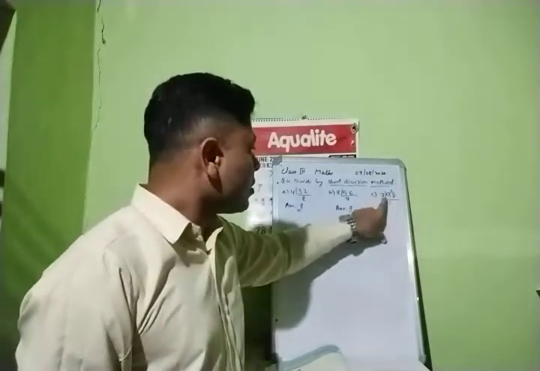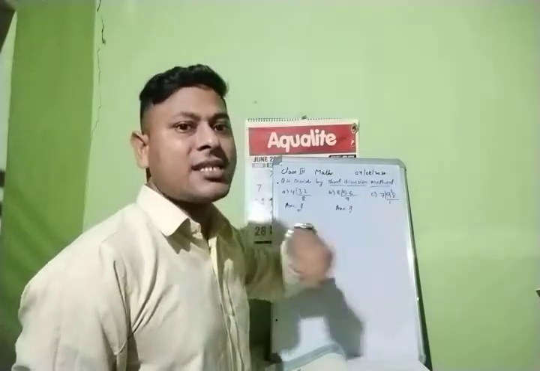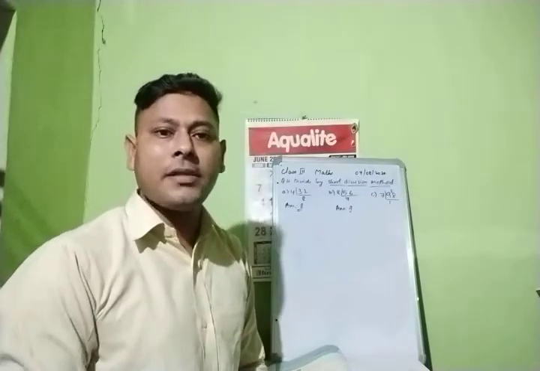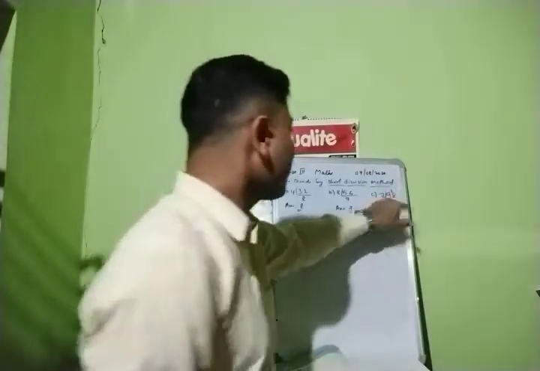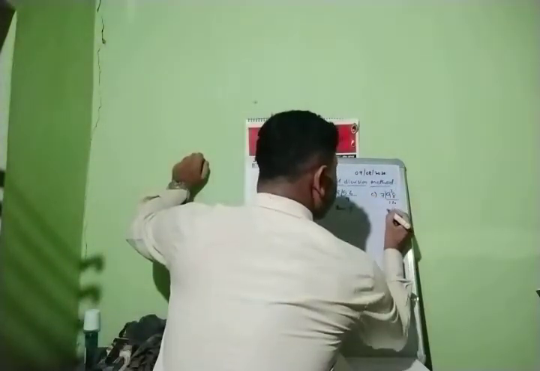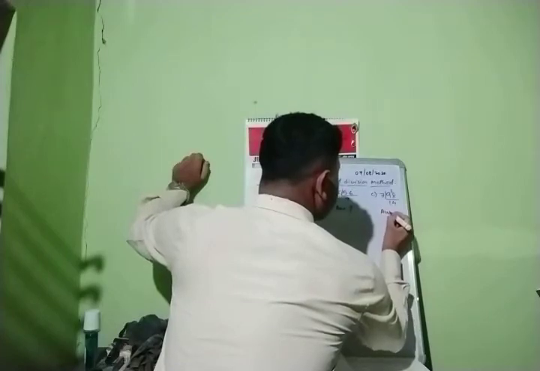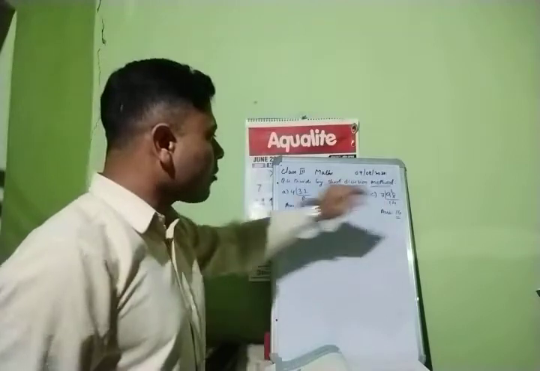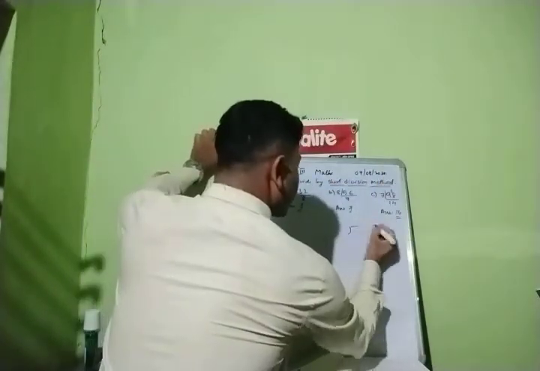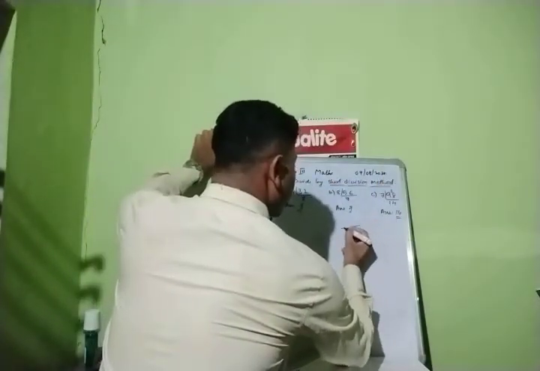Now, 2, 8, 28. Now again say the table of 7. 7 ones are 7, 7 twos are 14, 7 threes are 21, 7 fours are 28. So 7 fours are 28. So what will be our answer over here? Our answer will be 14. Okay? If you have doubt, I will show this in the long division method like this. 98 divided by 7.